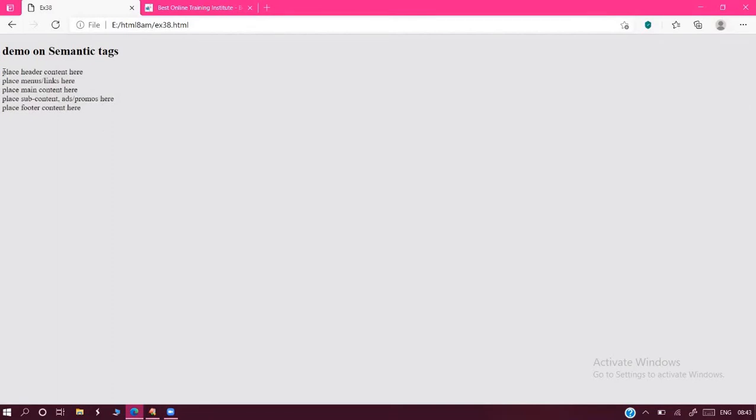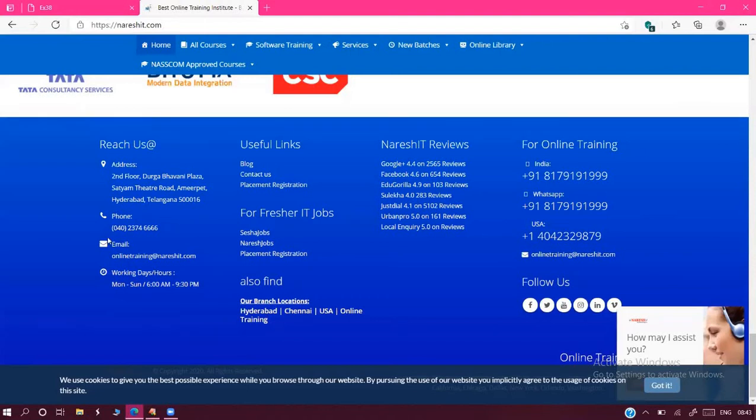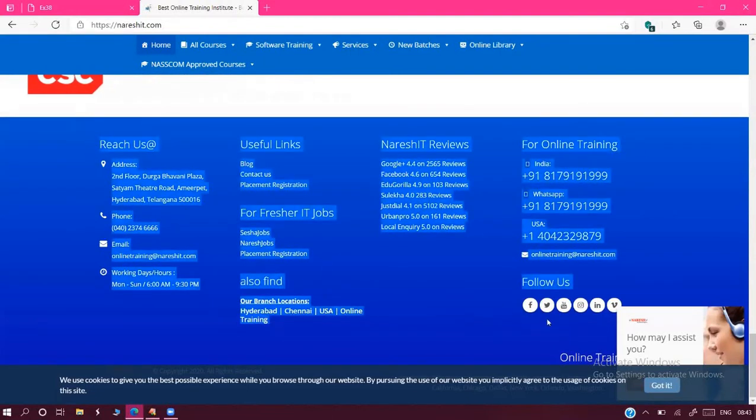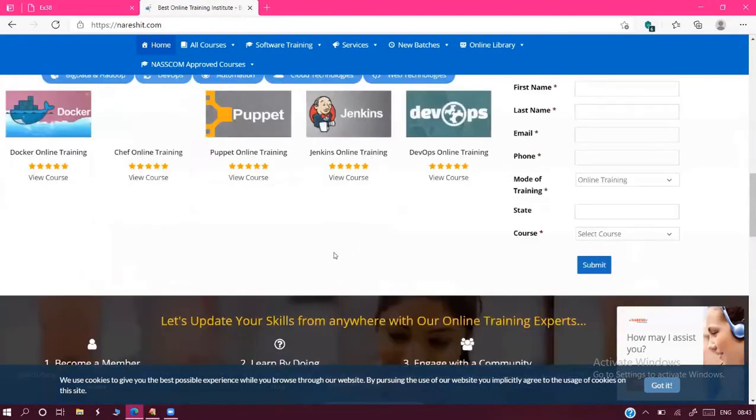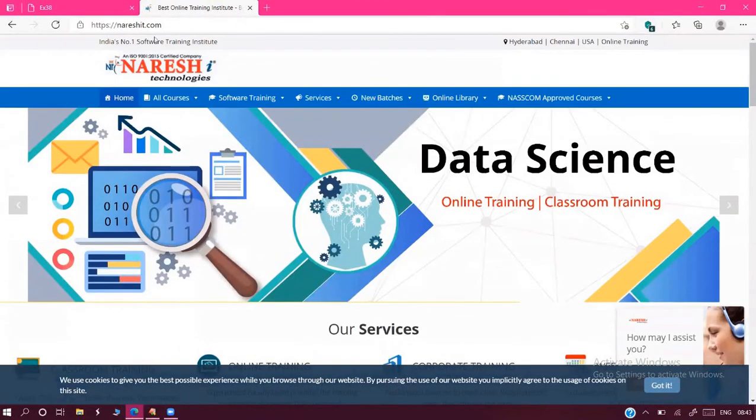In that message place, we should write the original designing code. In the footer section, write this total code. In the header section, write this one. On one side Naresh IT training, the other side is all the places' information, next the Naresh IT logo. All these 3 items are placed inside the header section.